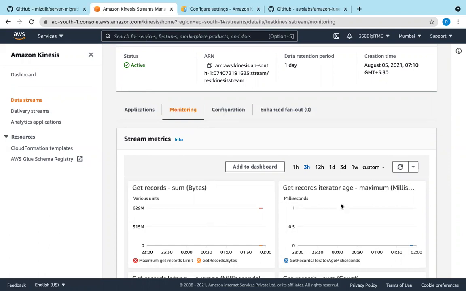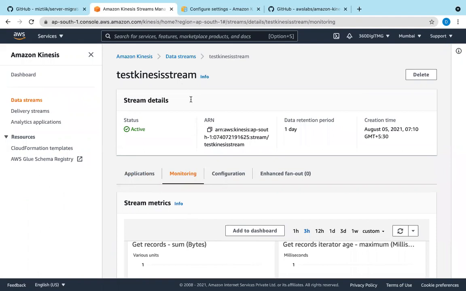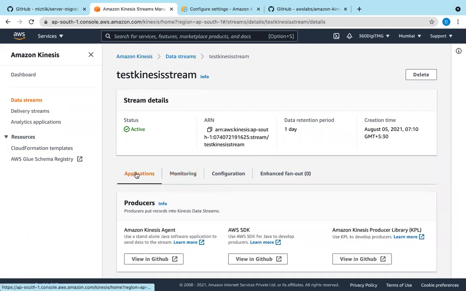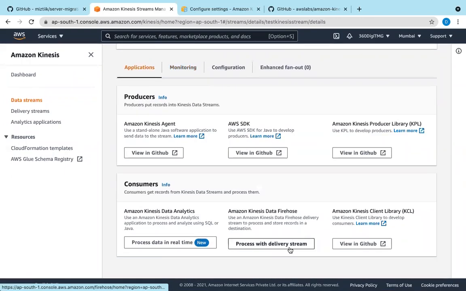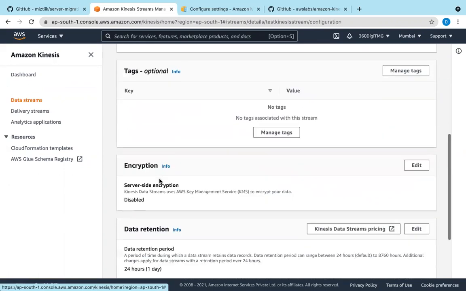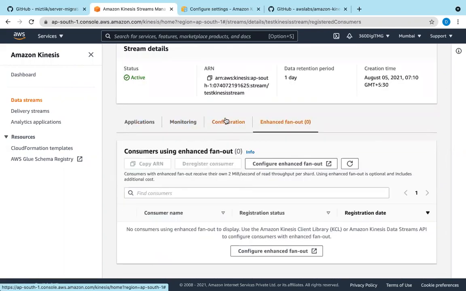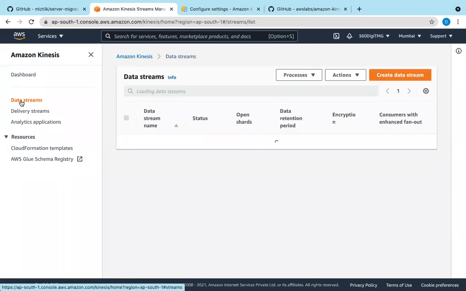Records, iterator, range. Right now, nothing is going, but there is some orange thing over here. Get records 0% anyway. Test Kinesis stream. If we look here, it's applications, producers, consumers. Let us look into the configuration. One shard. Okay, I have not created a Firehose for this stream.